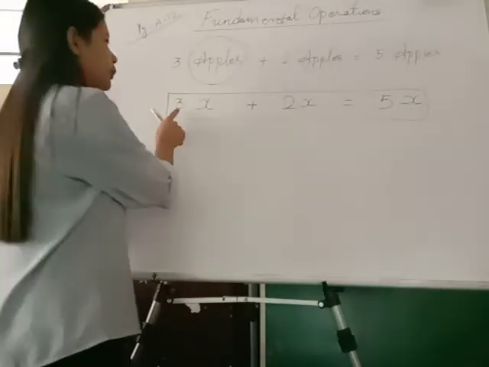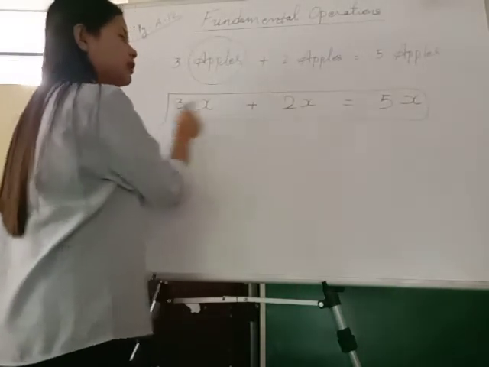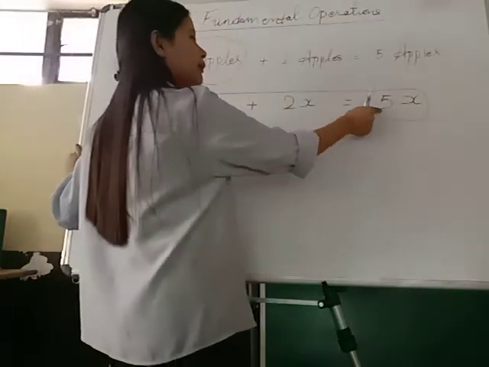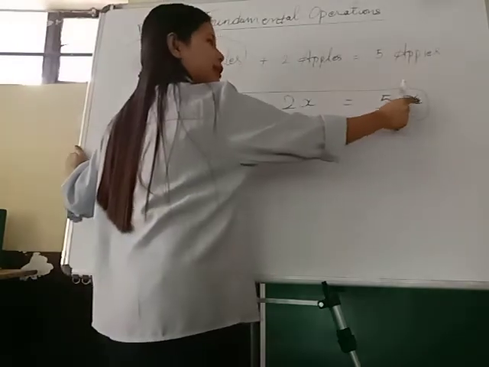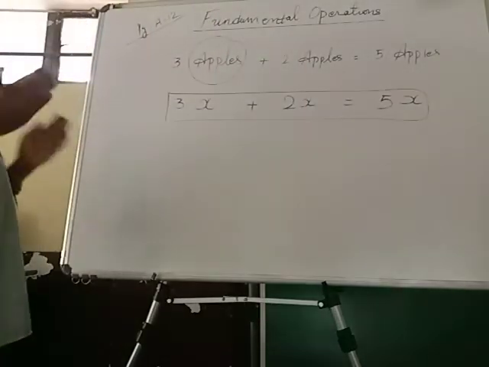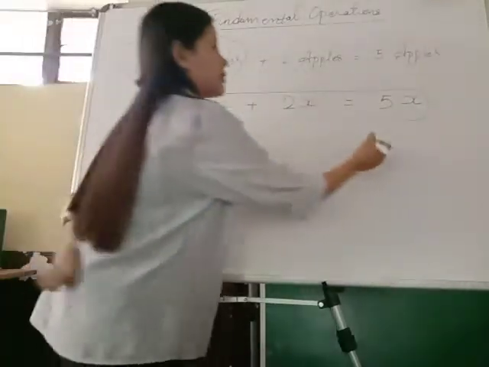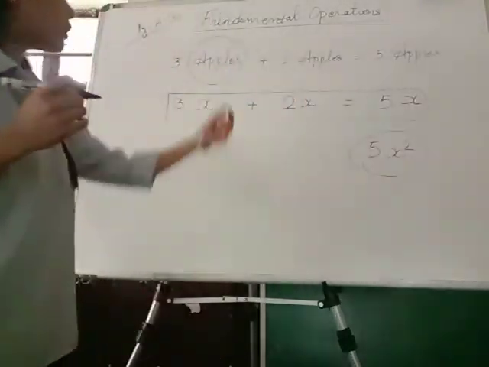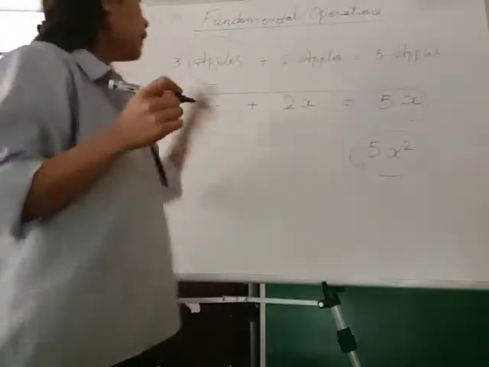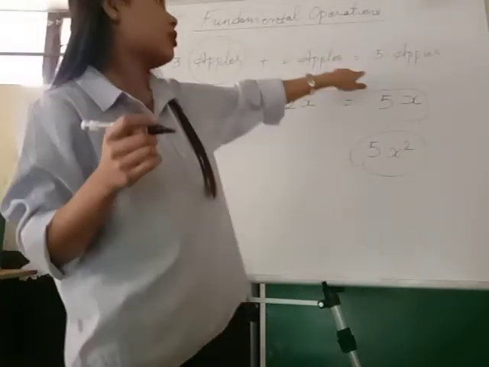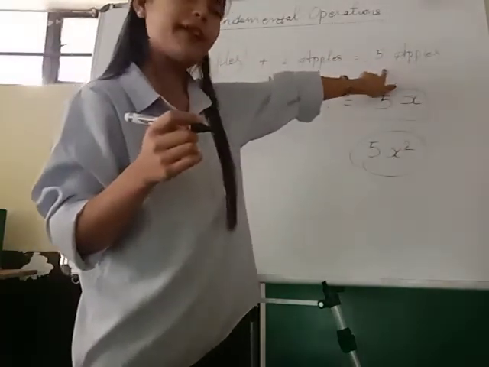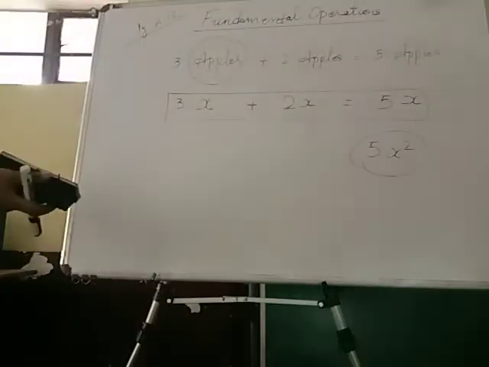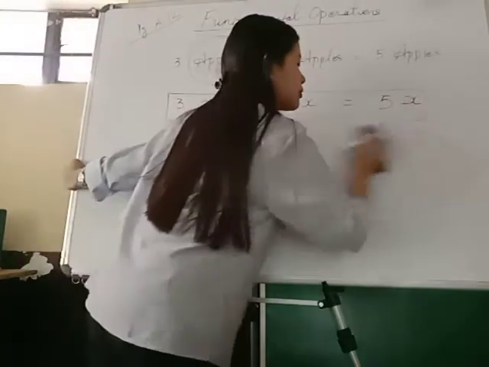Okay. So here we are doing 3 plus 2. This is the numerical coefficient. So 3 plus 2 gives us 5 and the variable which is x. Okay, so many children tend to write this as 5x square. If you tend to confuse here, please try to relate with this example. 3 apples plus 2 apples always gives 5 apples, not 5 apples square. Okay, so this is all about addition of algebraic expression.